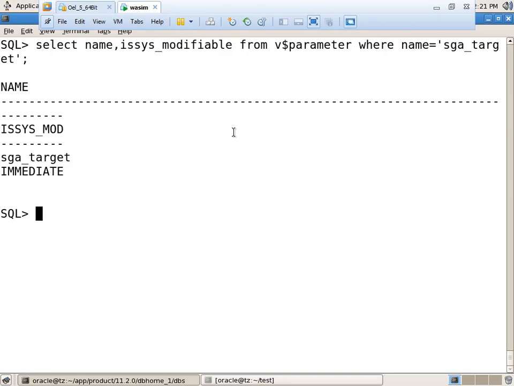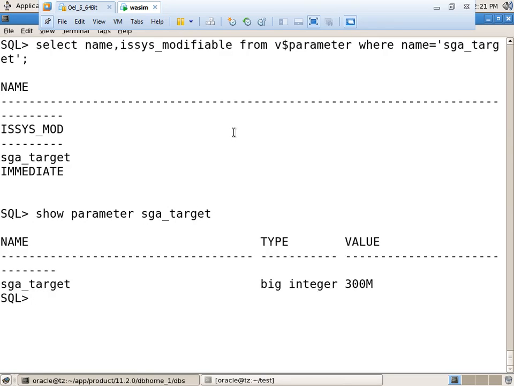See, if you want to change this value permanently or only for the current instance. Okay, see, alter. Before changing, I am checking the size parameter, g underscore target. 300 is there, right? Now I want to change the value for the current instance only. Through the alter command we can change. Okay? See, alter system set g underscore target equal to, suppose I am giving 400. Okay?